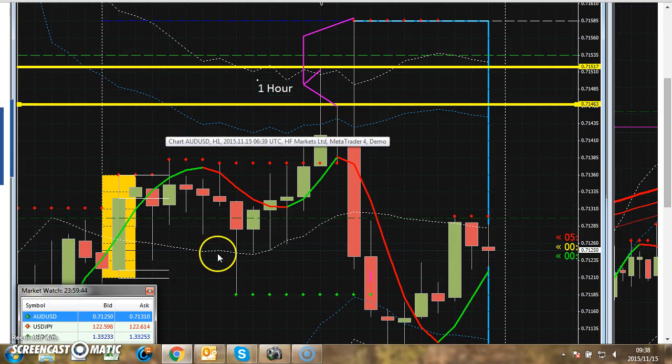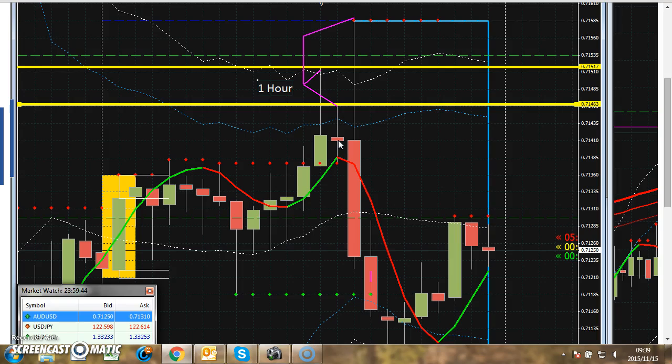This is a 1 hour chart. Every bar is 1 hour. For the setup for Sniper, I want to see a swing high on the top or a swing low on the bottom. Basically, what we see here, this bar went all the way up as a bull bar and then it retraced and it closed there, leaving a long wick behind. And this is also a bear bar, went up all the way, came down, closed there, leaving a tail behind. Now basically, this is what I want for the Sniper setup.